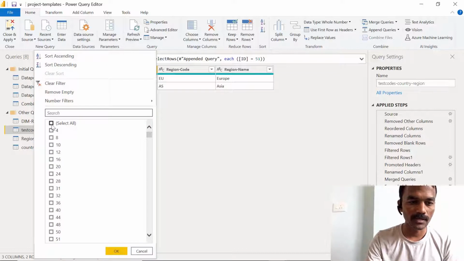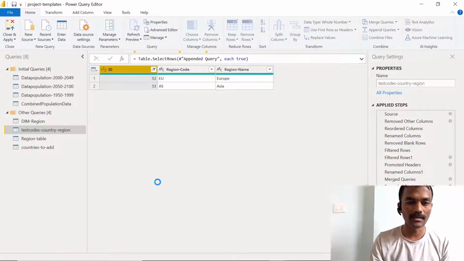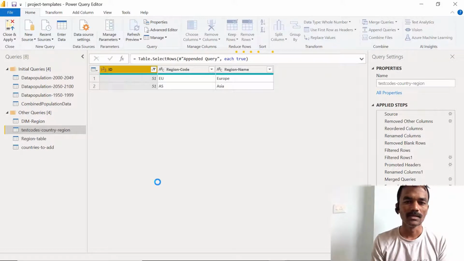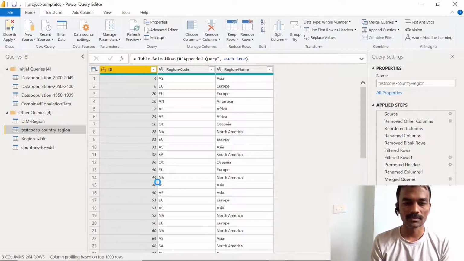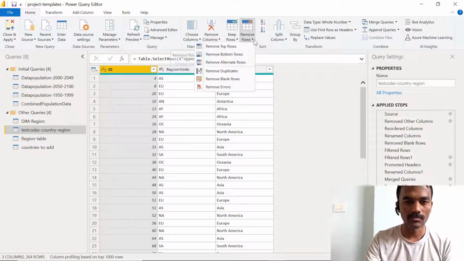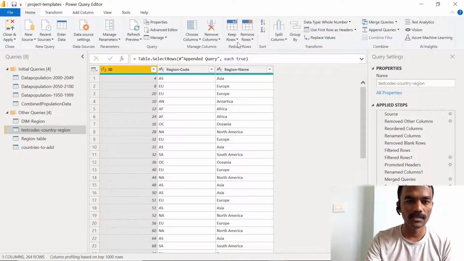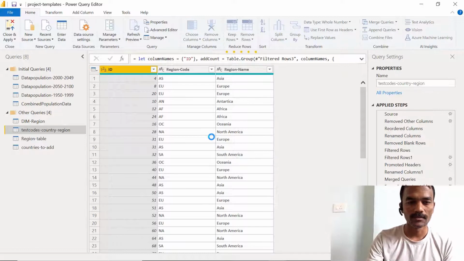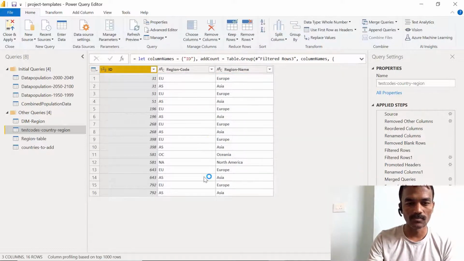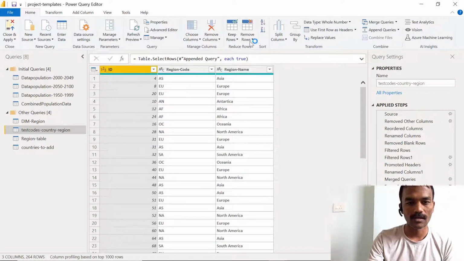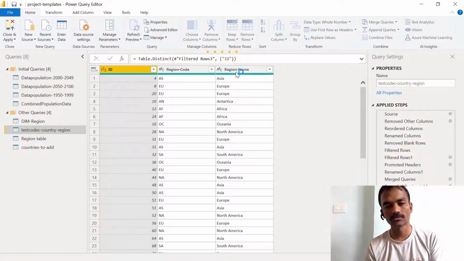To correct this, there are two approaches. In a real-time scenario, it is not possible that the data will always be correct, but sometimes with this type of data, we should be able to remove the duplicates as required. So for that, let's try to remove duplicates, because I think there will be a few. Let's see how many duplicates there are. Keep duplicates: if you just show it, it will show the list of these duplicates. However, we don't want to keep the duplicate, and we can remove it. This is not an ideal approach, but in our project we can do this.